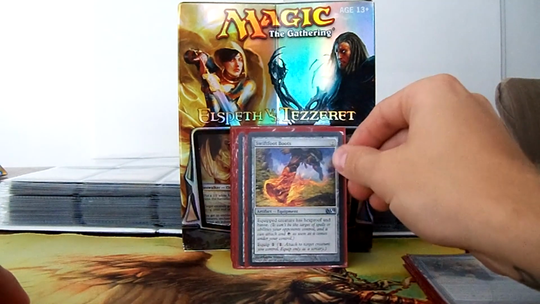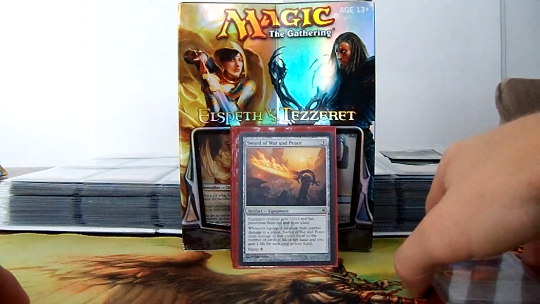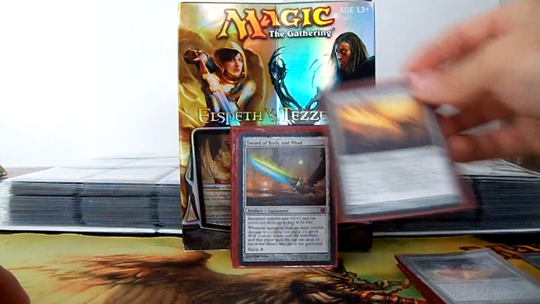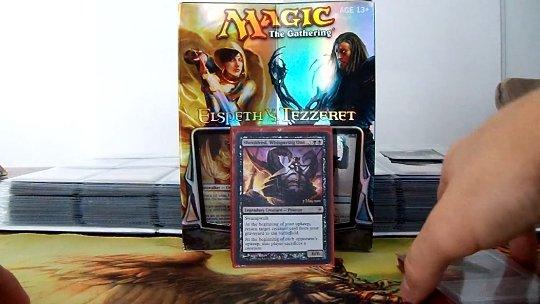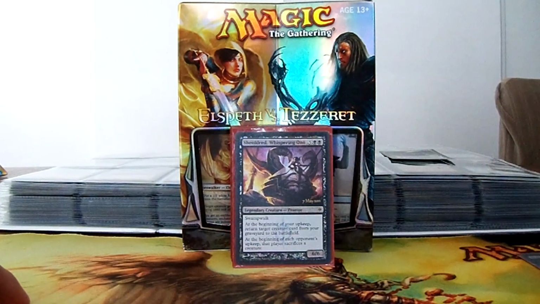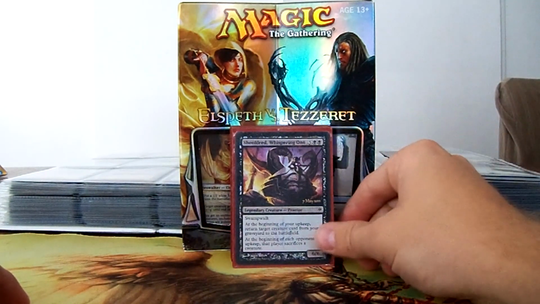Swiftfoot Boots, just more haste, more protection. Sword of War and Peace. Sword of Body and Mind. That's it for the equipment cards. All right, here are the